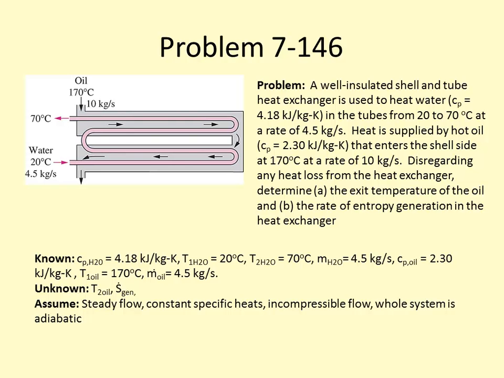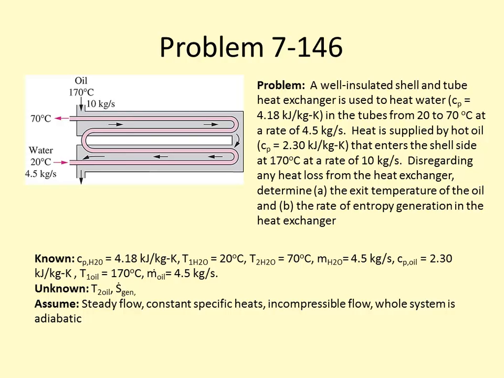Why did I do that? Because then this is Q out divided by M dot C sub P of the oil plus T1 of the oil. So Q out of the oil is equal to Q in of the water. We just plug this in for Q out, and we get